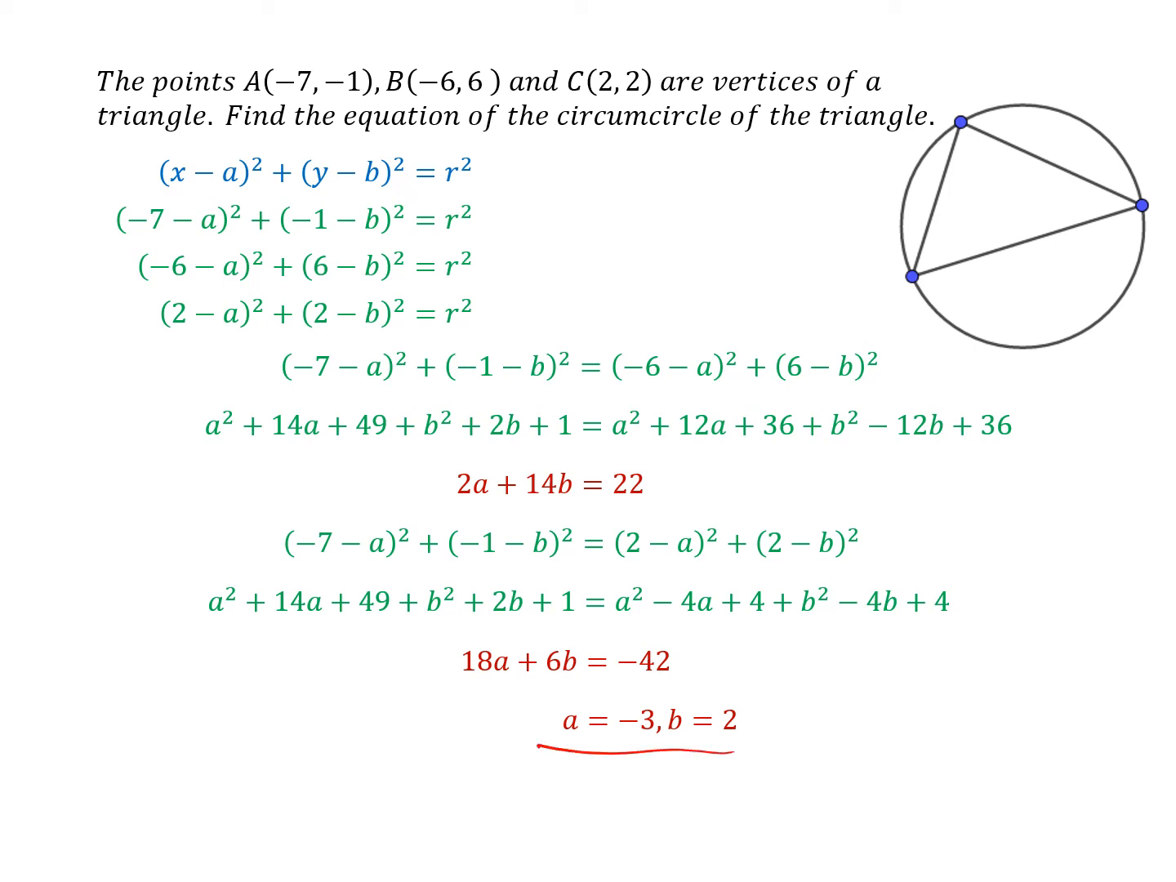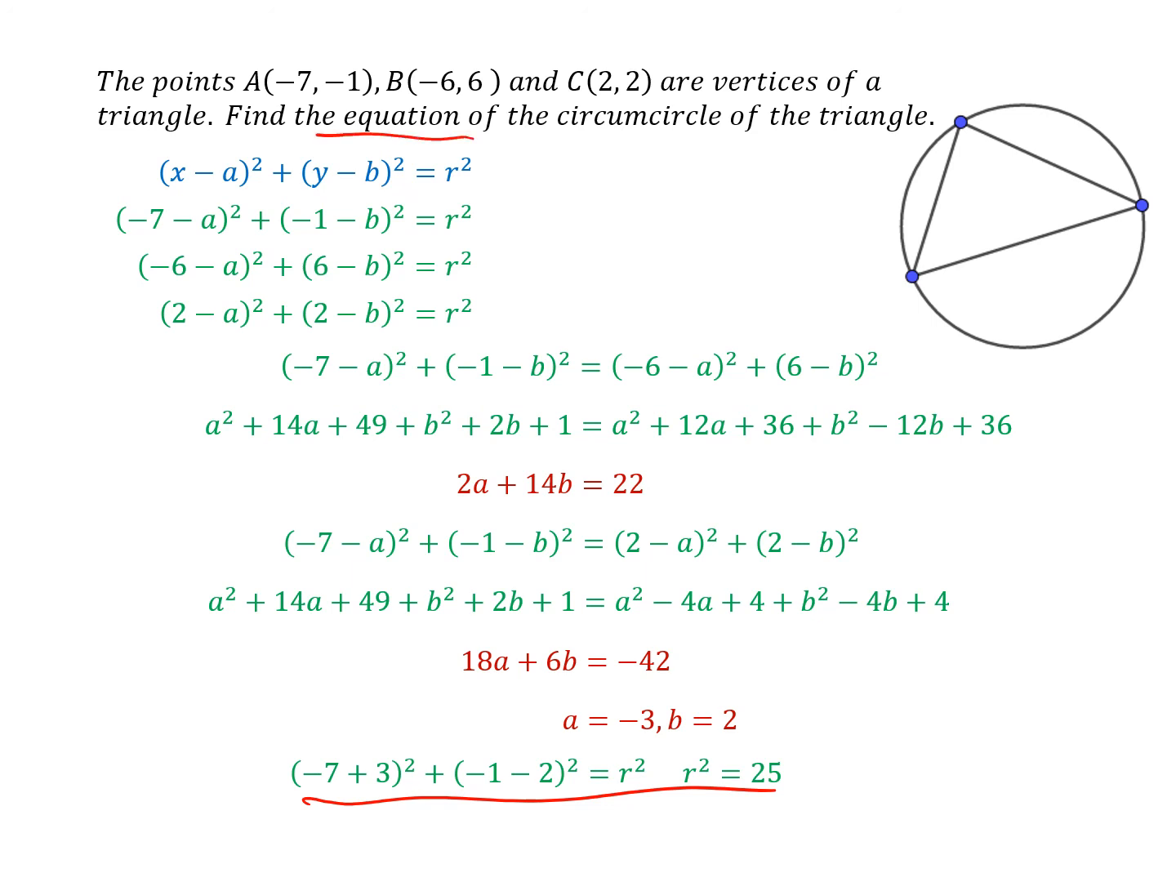So I need now to find out what r is, and I can do that by substituting these values for a and b into any of these three equations. I'm going to choose the first one. When I do that, I get r squared is equal to 25, but I haven't yet answered the question because